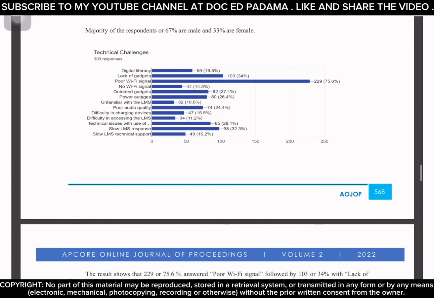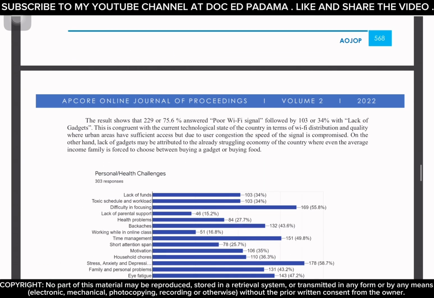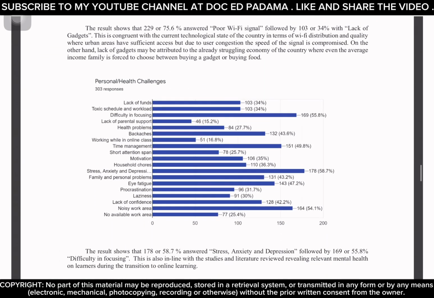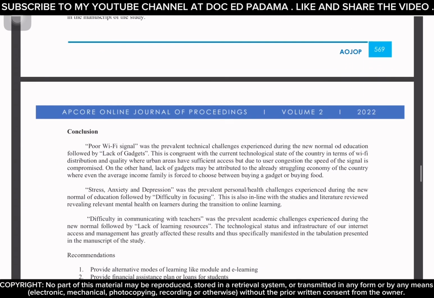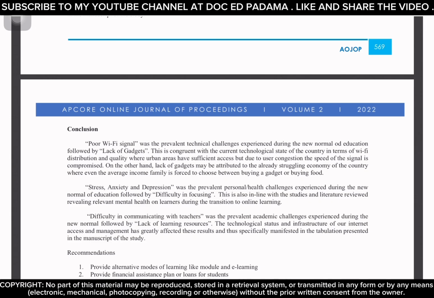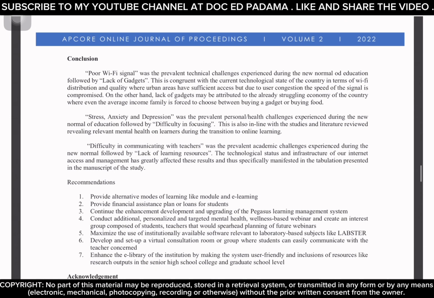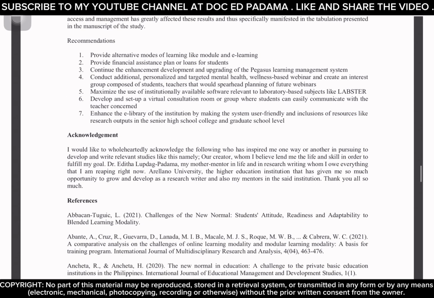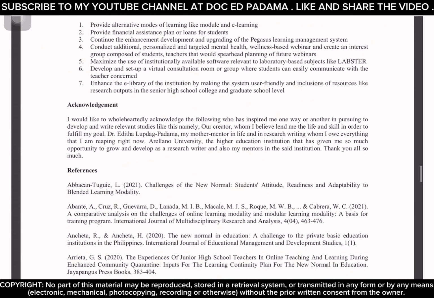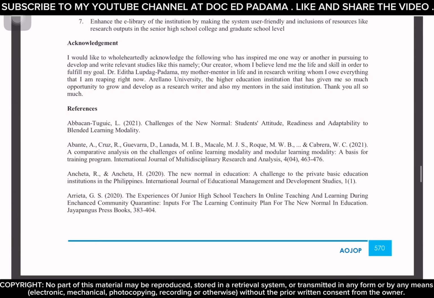And then after that, we continue with the presentation of the graphs based on the findings of the study. Then we have the last part, which is the conclusion of the study. As you can see, the conclusion includes the recommendation. And then after that, we also included the acknowledgement. And the last part of your IMRAD format will always be the references that you used in the discussion of your study. So in this case, we started with the following references